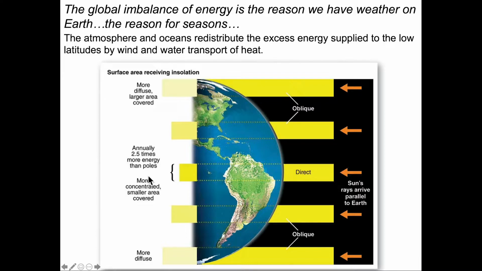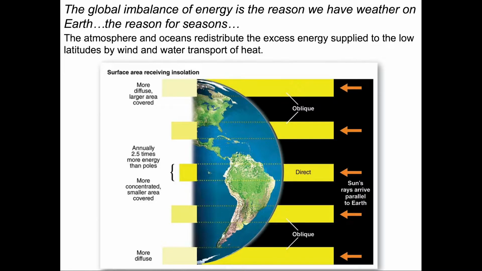As we move higher in latitude in the northern hemisphere here, the angle of the Earth's surface changes relative to the sun, so that spreads out the incoming flux of radiation. It essentially reduces the flux at the Earth's surface. And by the time we get to the highest latitudes here near the North Pole, the Earth's surface is nearly parallel to the incoming radiation, therefore receiving a relatively low flux of incoming insolation.